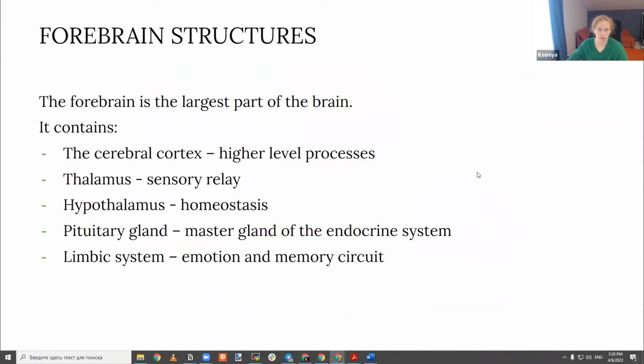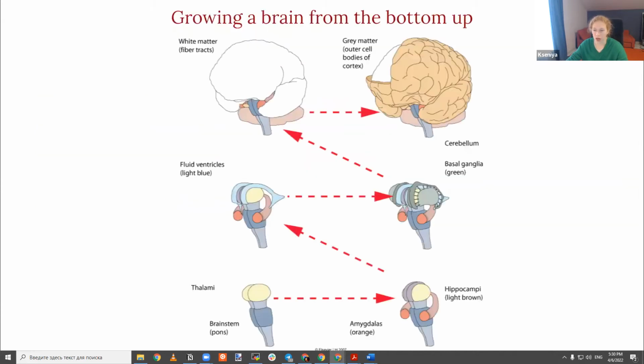Here we briefly outline the structures of the brain and their functions. You can use it later. The brain builds on the brain stem with the thalamus on top as a major input hub of all sensory inputs. And the hippocampus and amygdala, in orange, are actually nested inside each of the temporal lobes, and the light blue